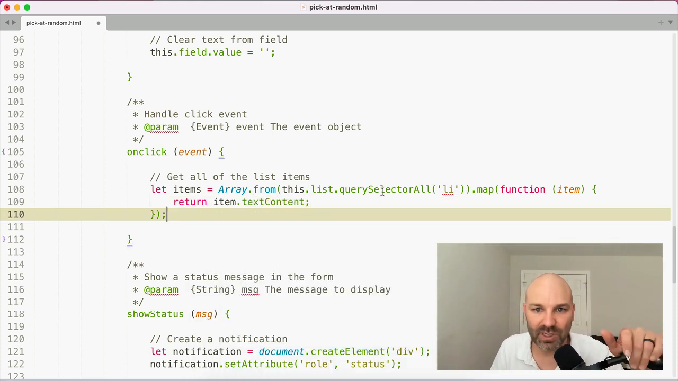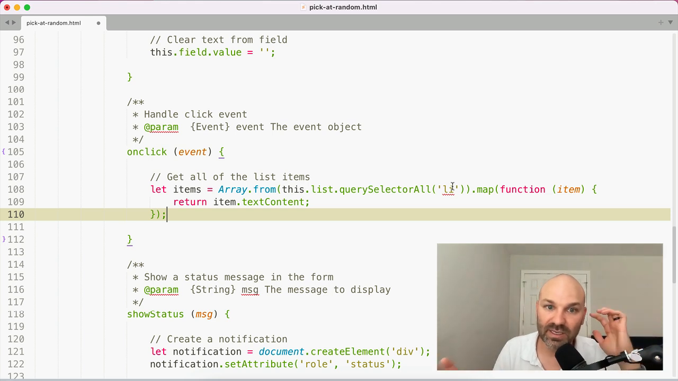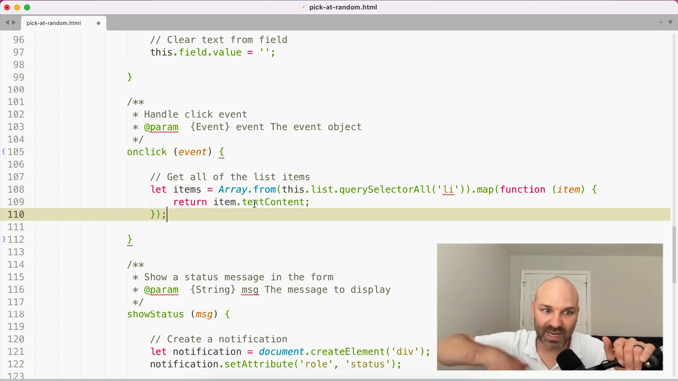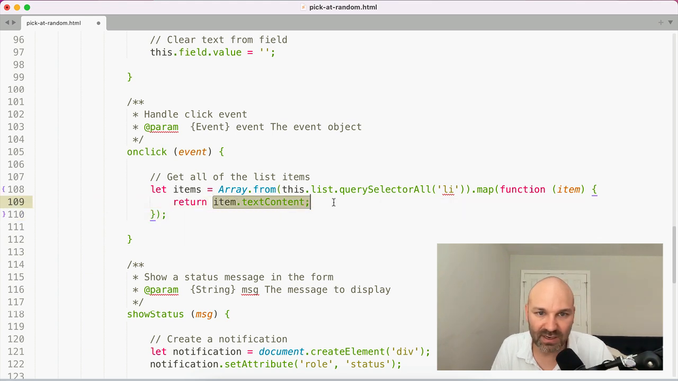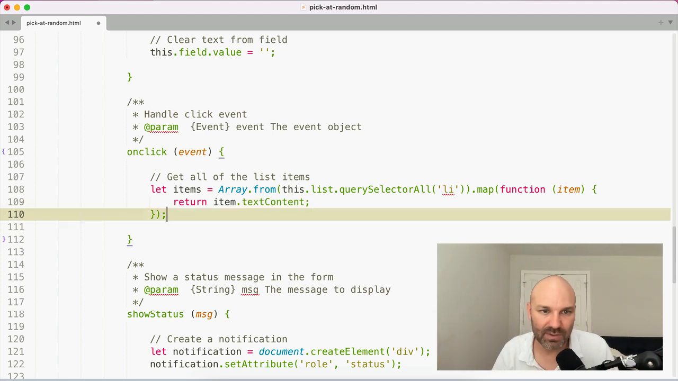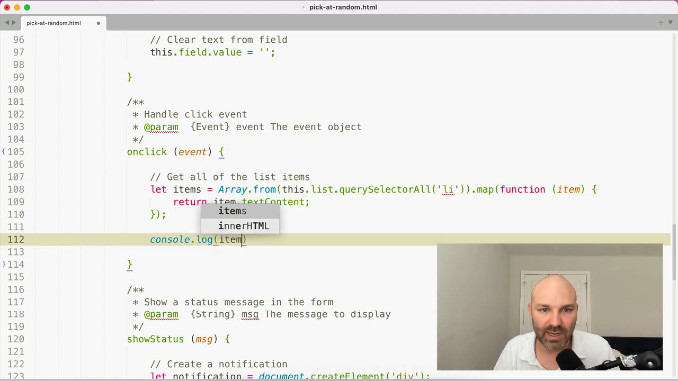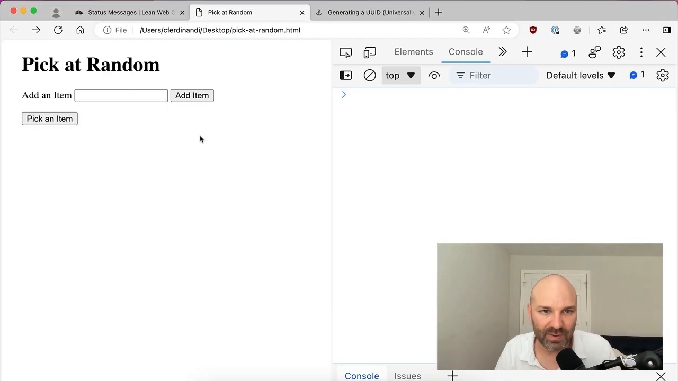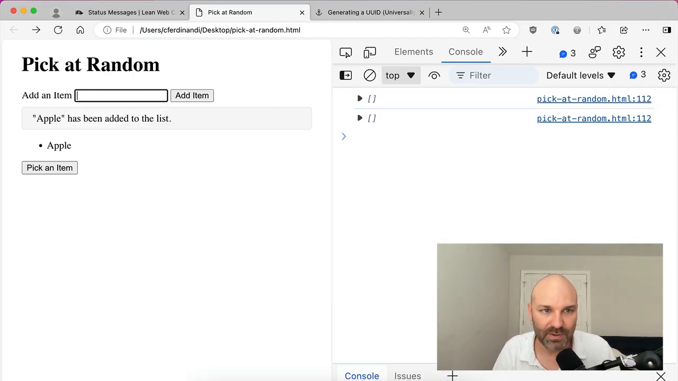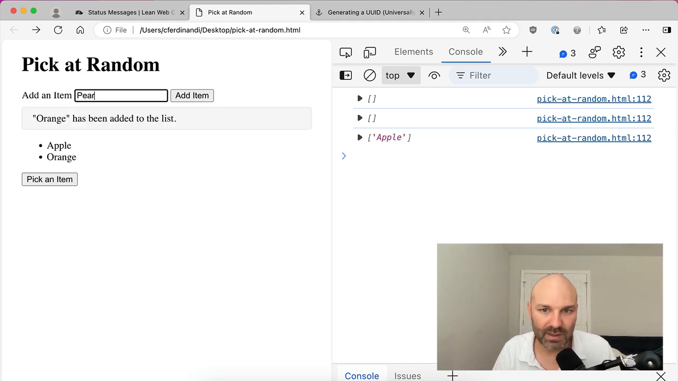Okay, so let's break this down. Query selector all gets a node list of items. Array from converts that node list into an array. The array map method creates a new array from an old array, transforming each item into something different. So for each list item in our array, we're going to get the text content of it and use that as the new value for the item at that same index in the array. So if we were to console log items, we should have an array of items. So let's say apple, orange, pear,